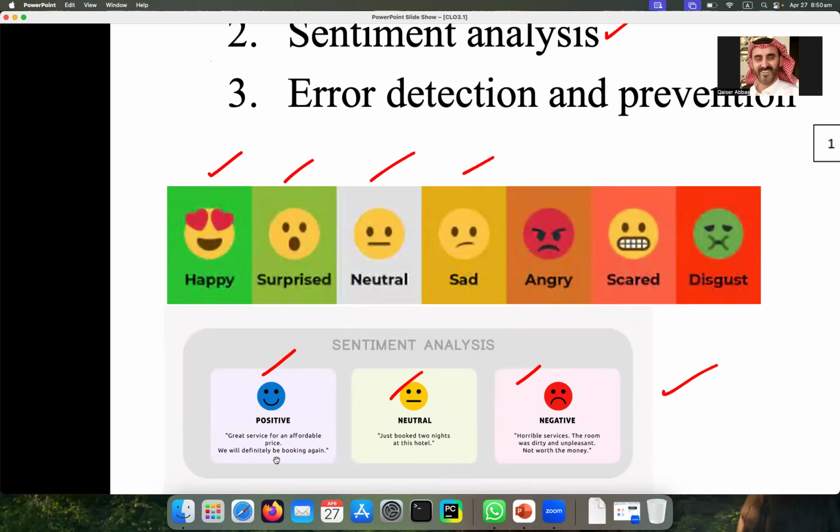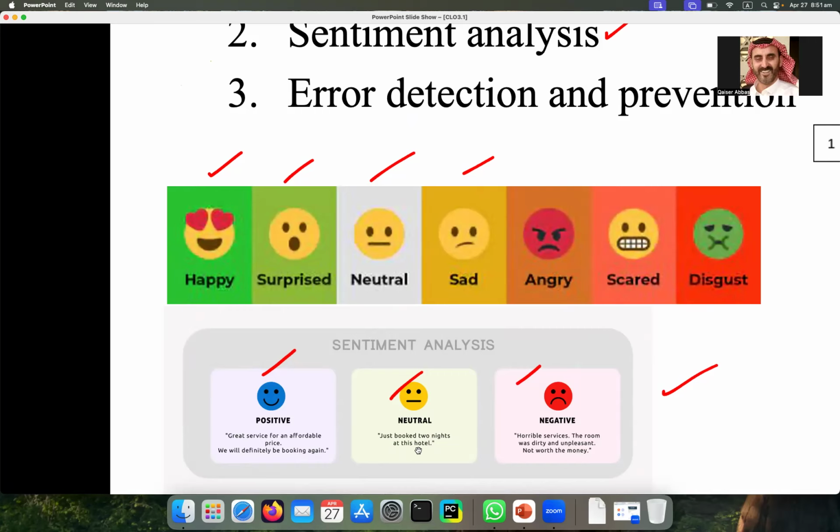We will definitely be booking again. So maybe this is the sentence for a hotel booking. You have booked a room there, and after leaving the room, you are giving your feedback that we will definitely be booking again there. Similarly, here, neutral: just booked 2 nights at this hotel.